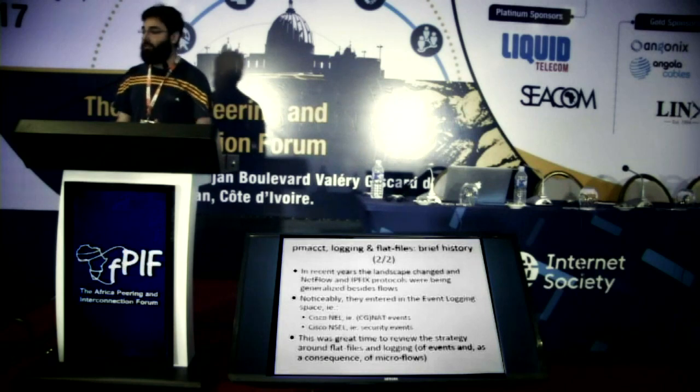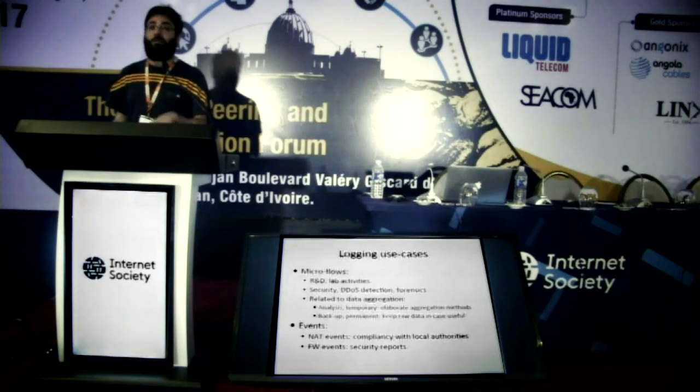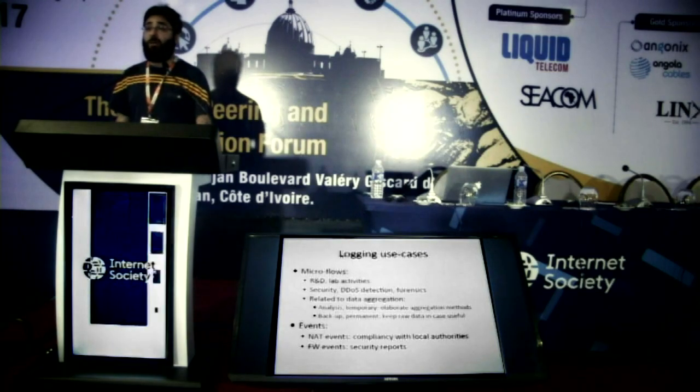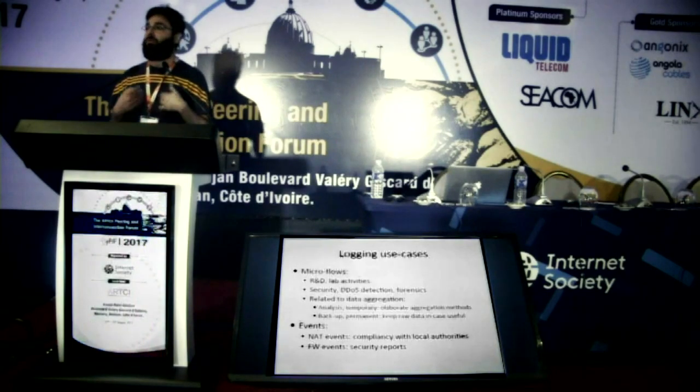Nobody had them in production, and so it was a great time to review the strategy and open to flat files. So what would be the use cases for files and for logging? As I was saying, research and development, lab activities, security, DDoS detection, forensics, or also because imagine that you are in that very first stage in which you are collecting NetFlow data, you don't know yet what you want to do with it. So first you want to see which data you have, and then from there you want to